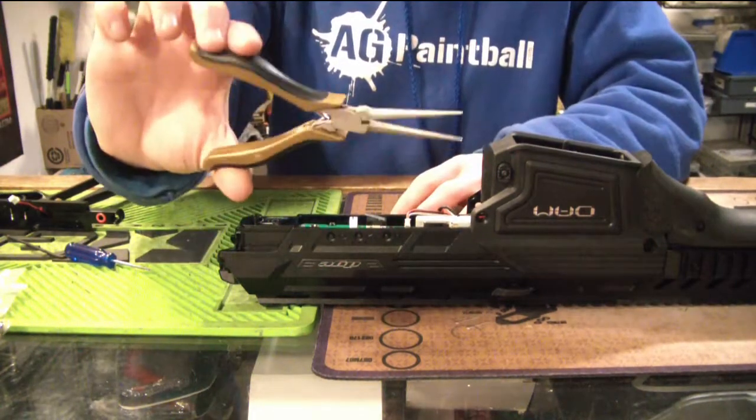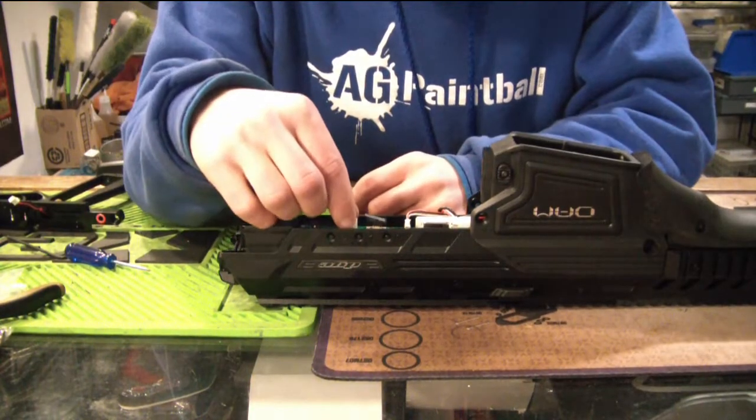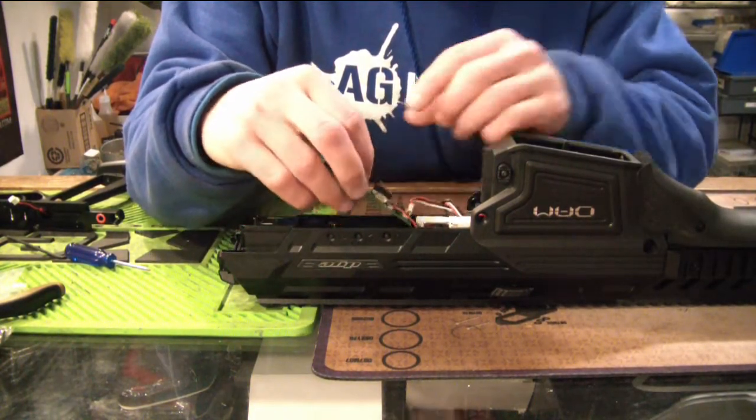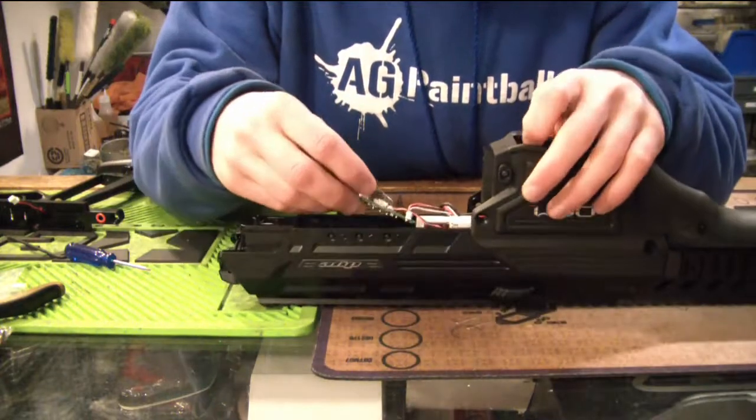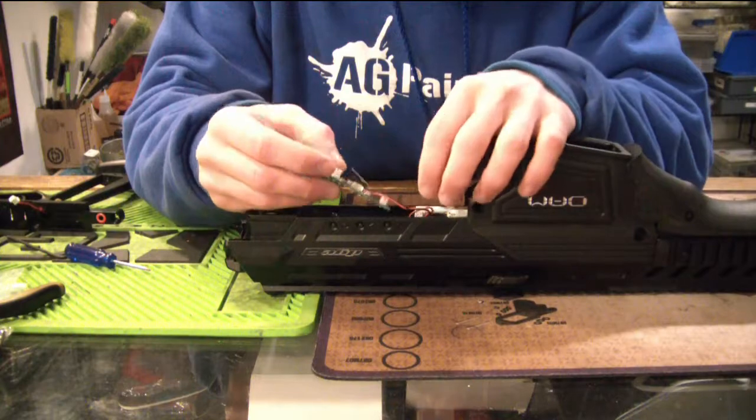Definitely not a bad way to go. Needle nose pliers, very handy. Alright, so now that those two screws are out, what we're going to do is very gently pull up on the board. Oh, don't do it like I just did. Very gently pull up on the board, and there's going to be one more wiring connection, as you can see